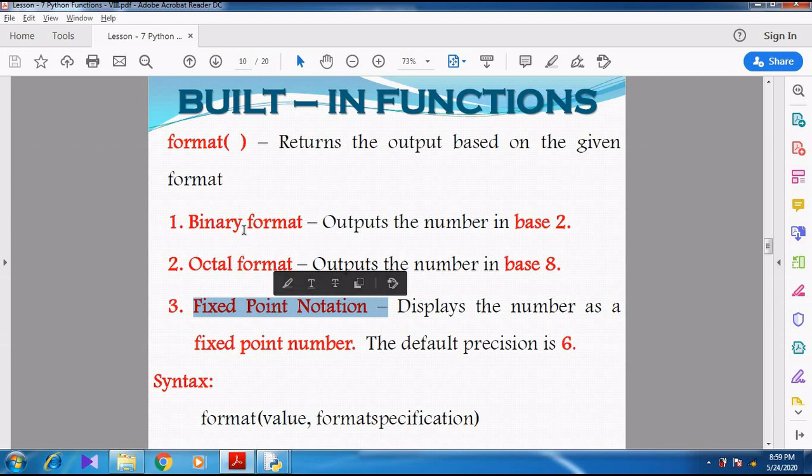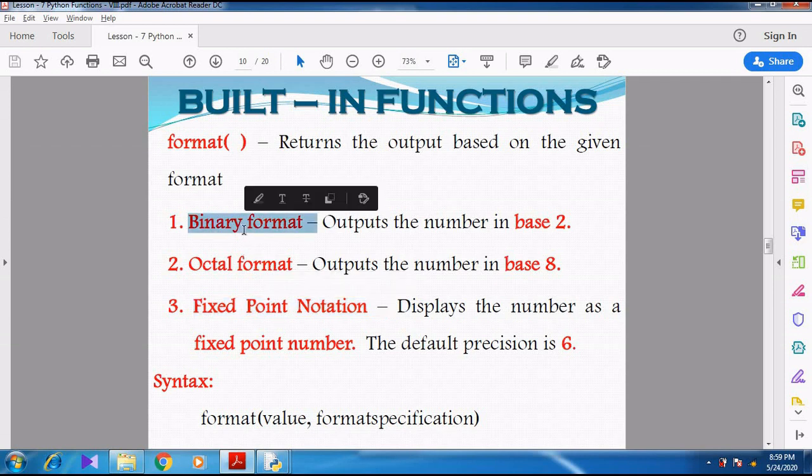So what is meant by binary format? We know very well about binary. Binary means zeros and ones. So whatever number we are giving, that number will be changed into a binary number. So it outputs the number in base 2.